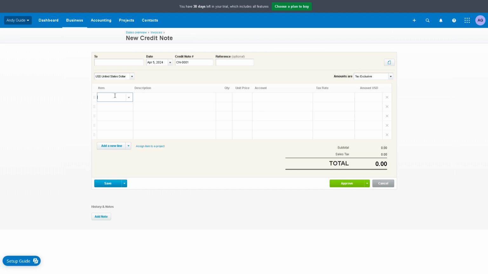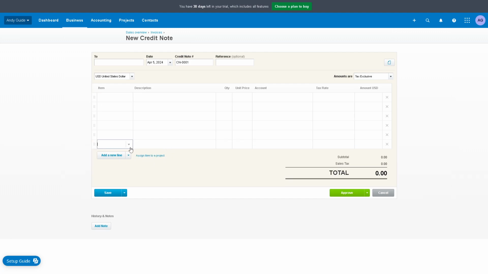All right. So for example, a customer has paid you more than you've invoiced them, or you have paid a supplier more than they've invoiced you. This is where you do it. You can add new line if you wanted and put some information, and also of course you need to put the amounts here. All right, now once you've done that, just click on save, and the next thing we are